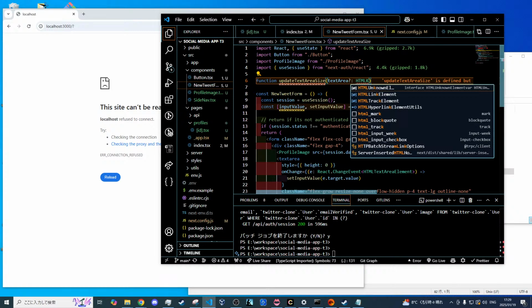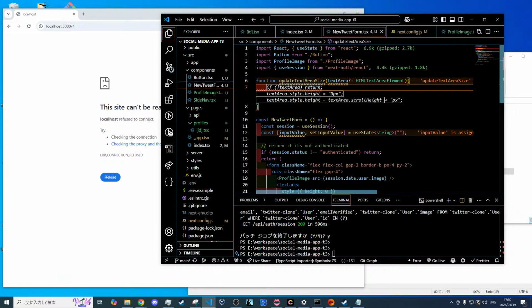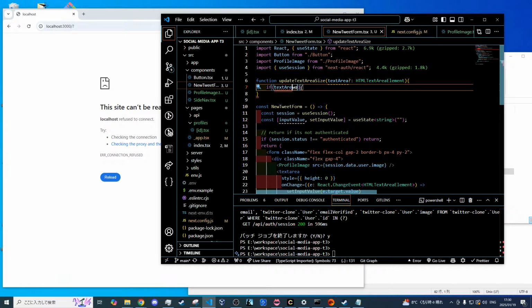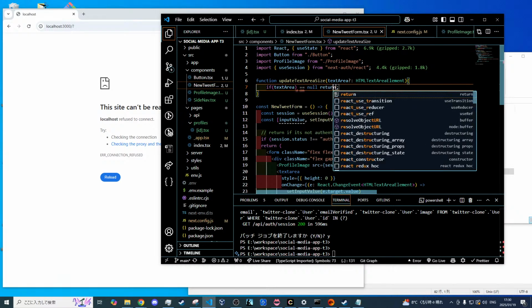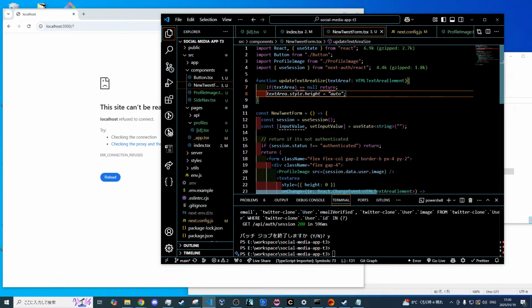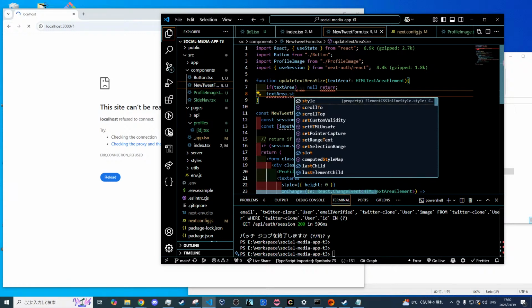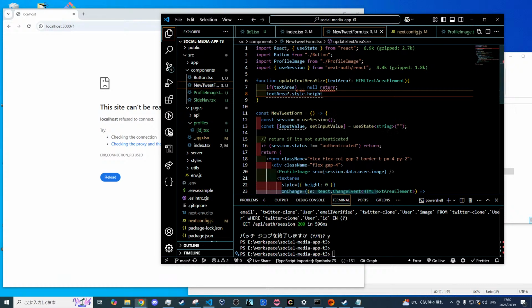But if we do have a text area, this is how easy it is to actually do this dynamic height. All we do is first set the actual height to 0. There we go. And this needs to be a string. Then what we can do is we can take our text area and we can specify that the height again is going to be equal to a string. This string is going to come from our text area, text area dot scroll height. And we can just add pixels onto the end of that, and that's going to give us